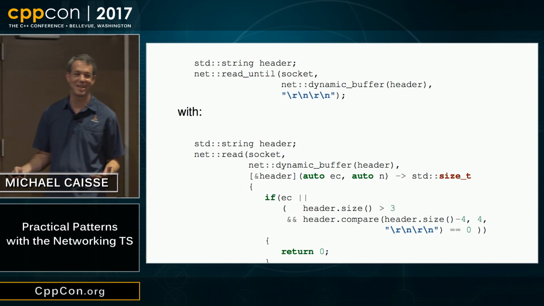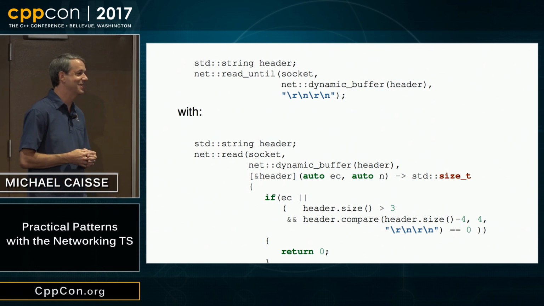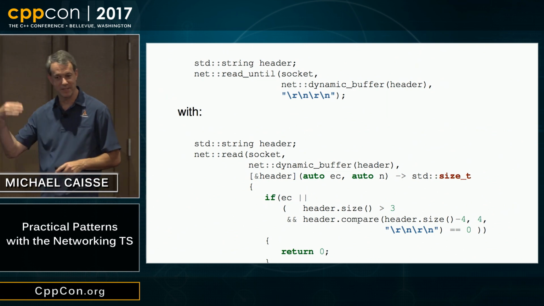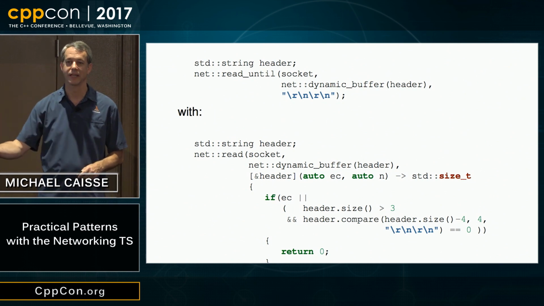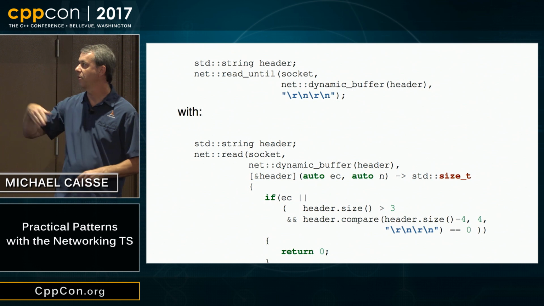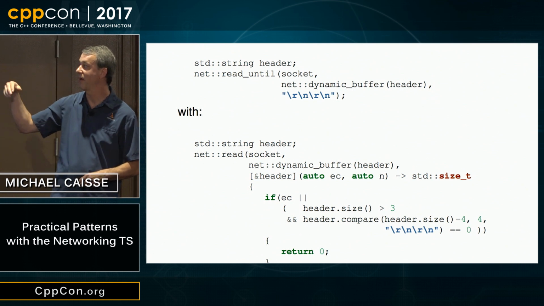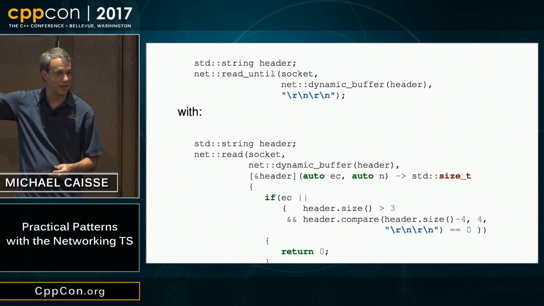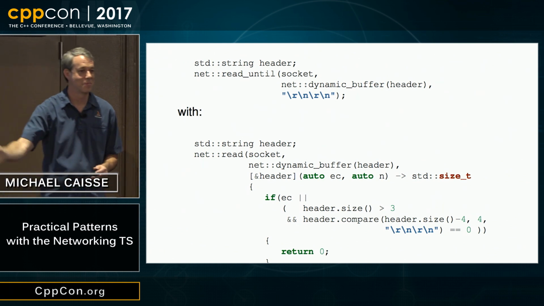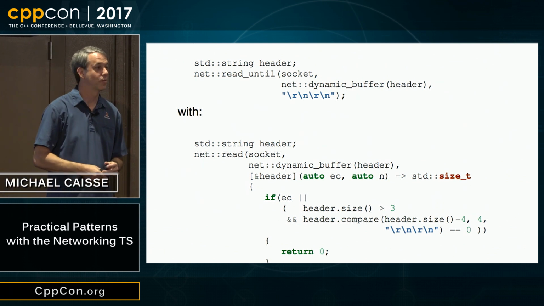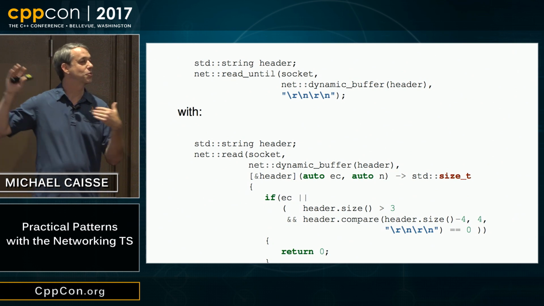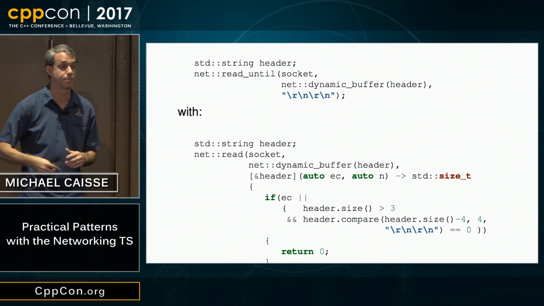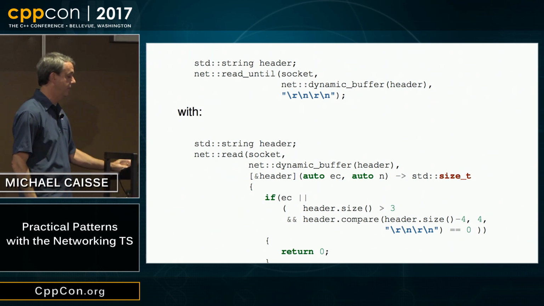So we could just replace our delimiter with a handler, with a policy that will tell us whether or not we are done reading. It's going to check to see whether or not we have an error. If we don't have an error, and some other things, then we're going to return 1, read 1 more, until we say read 0, at which point the read will be done. Now, we wouldn't want to write this. We want to be a little smarter, but this illustrates the flexibility that we have in determining how much to read in.